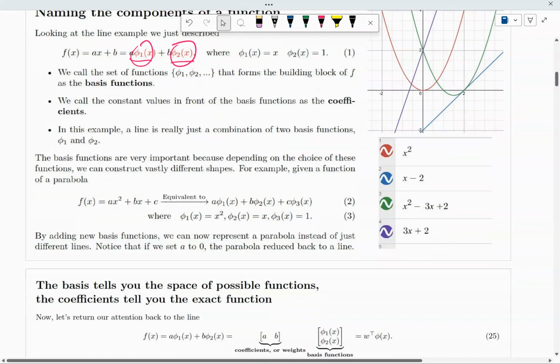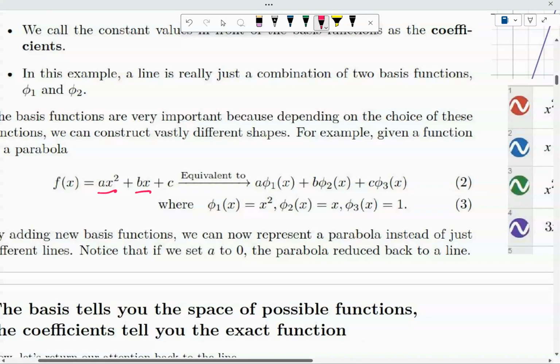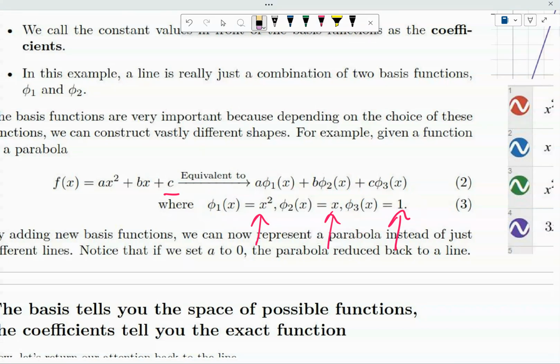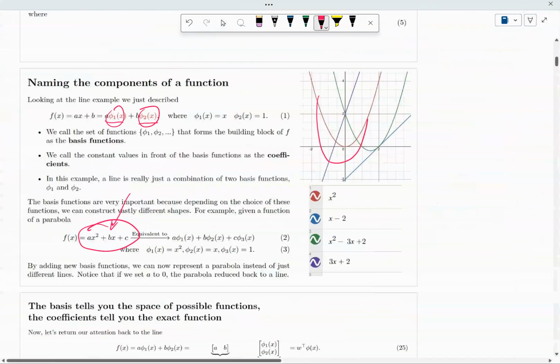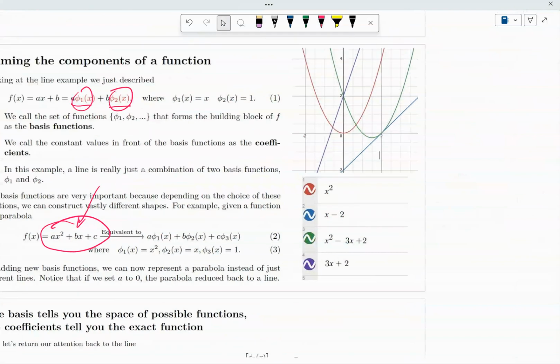So in this particular example, we have three basis functions: 1, 2, 3, where phi 1 is x squared, phi 2 is x, and phi 3 is 1. Now, if we use these basis functions and plug this in, notice how this is the equation of a parabola. Therefore, using this equation, it allows us to generate any parabola, like here, here. See? So over here,